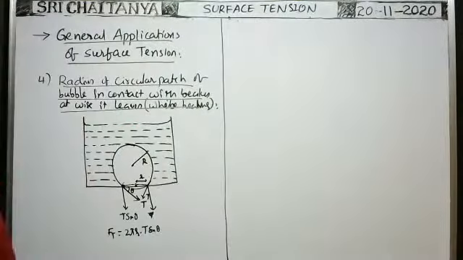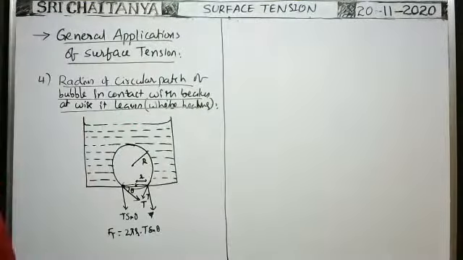As long as the liquid is heating, the size of the bubble gradually increases, because the temperature of the air inside the bubble gradually increases, so expansion takes place due to the increase in pressure and the volume increases. When the volume increases, slowly the radius of the circular patch of the bubble in contact with the beaker gradually decreases, and at one particular radius of the circular patch, it leaves contact with the beaker. What is that radius, they ask?